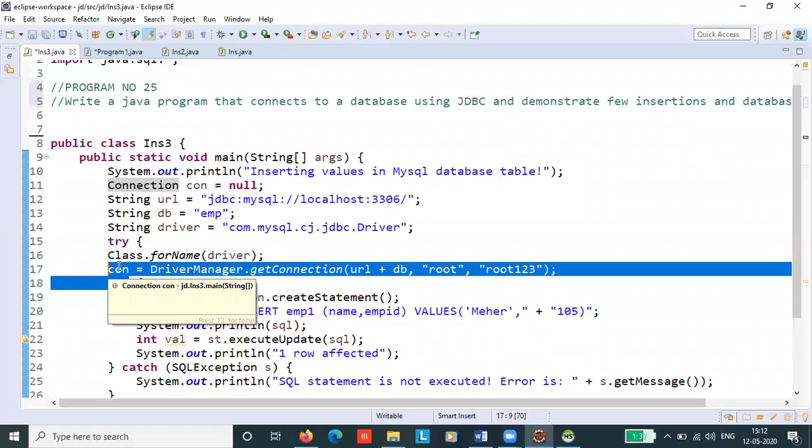That is, the object of Connection can be used to get the object of Statement and DatabaseMetaData. The Connection interface provides many methods, such as for transaction management like commit and rollback. So here we are seeing this connection.